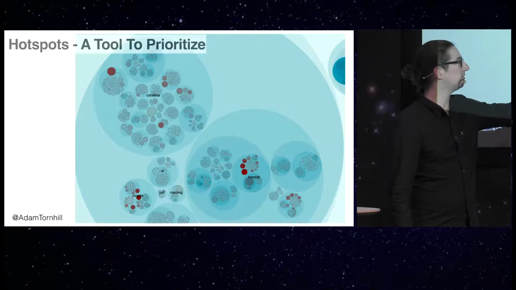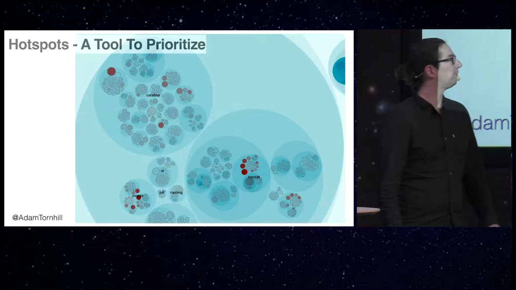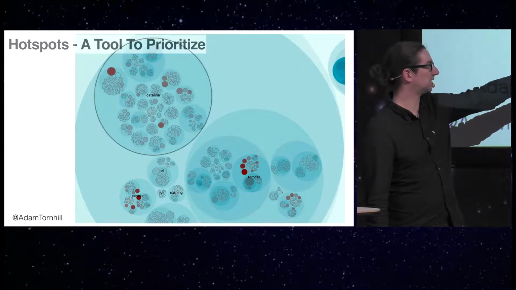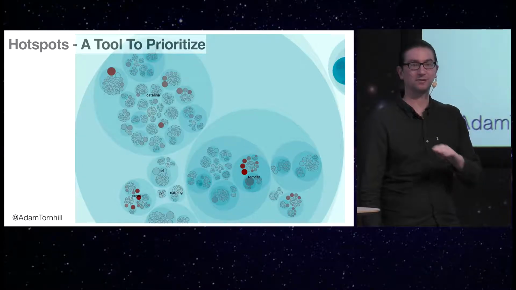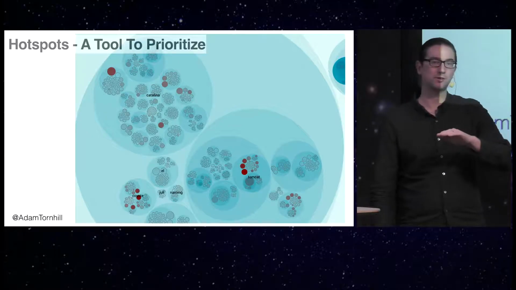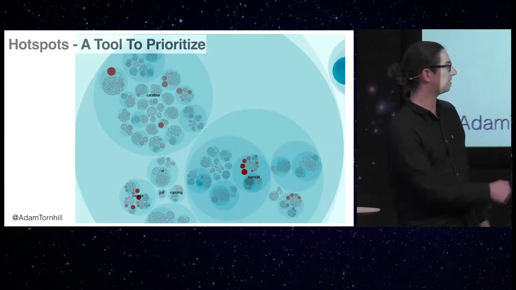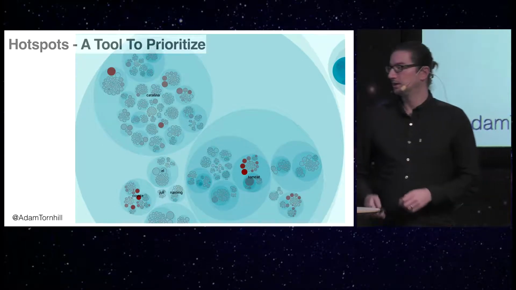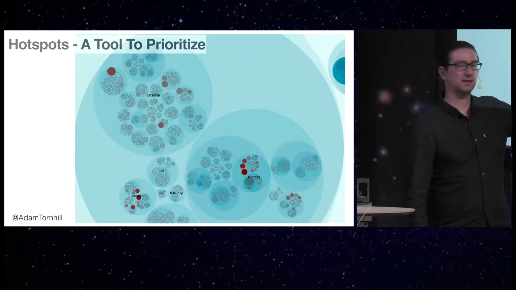Now, what I want to do is to walk you through this visualization so that you know what you see. First of all, you notice those large blue circles, the ones that blink on screen right now. Each one of those represents a folder. So this is a hierarchical visualization that kind of follows the folder structure of your code. So if you're familiar with Tomcat, you will recognize each one of those as different packages. It's also an interactive visualization, so I can zoom in to the level of detail I'm interested in.